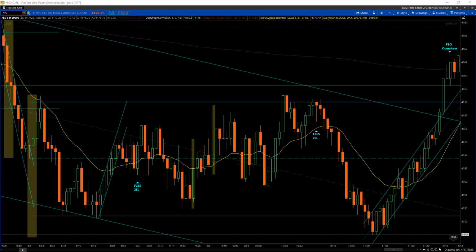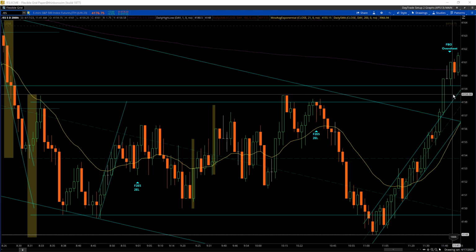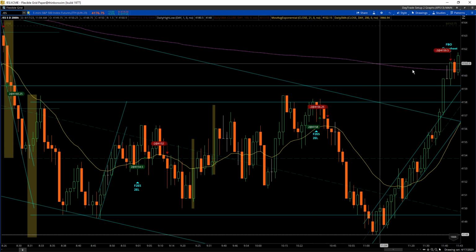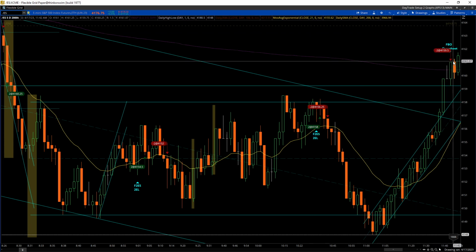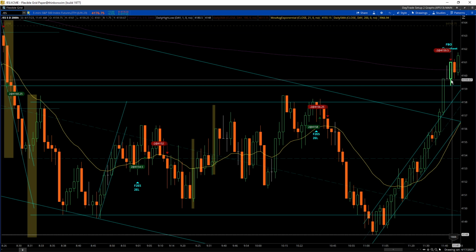Even though there was an overshoot, the overshoot doesn't necessarily mean that it's completed, it's done. There was no real indication. So I just got it into my mind that this is going to come back down. So when I entered right here, it actually took me out pretty quickly. I shorted right here, 41.95, 41.59.50, which is right here,